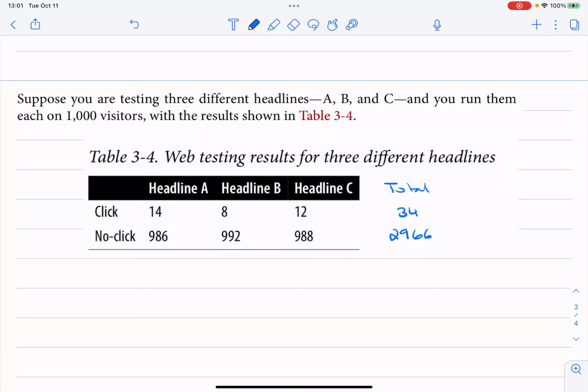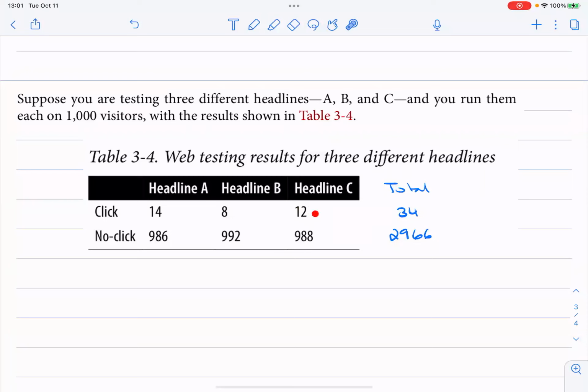So just overall, I had 34 clicks and 2,966 non-clicks. Now looking at 14, 8, and 12, it looks like headline A performed the best, right, but